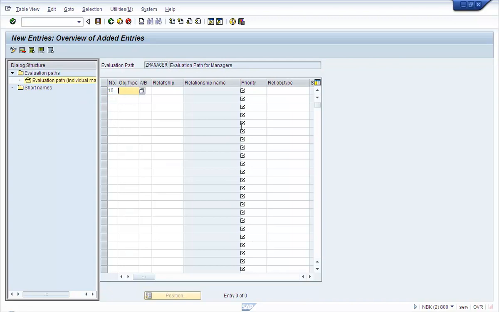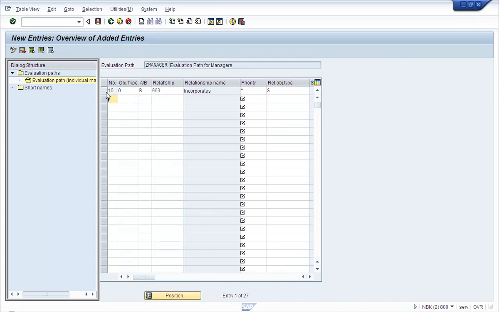Our starting node we want to specify is the organization unit, and we want the evaluation path to read from top to bottom the positions which are part of the starting org unit. So we want the positions to be read from top to bottom, and then the relationship is 003, and let's give the priority as star.